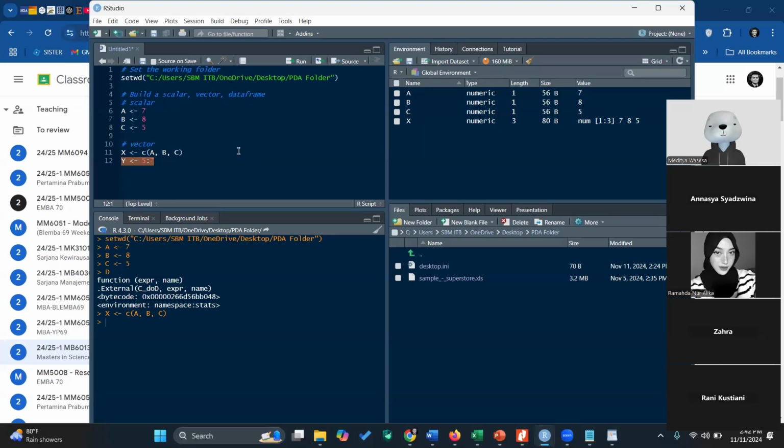If I run this, sorry, a new vector, 5, 6, 7. I can also call it, y. If I run y, the console shows 5, 6, 7.